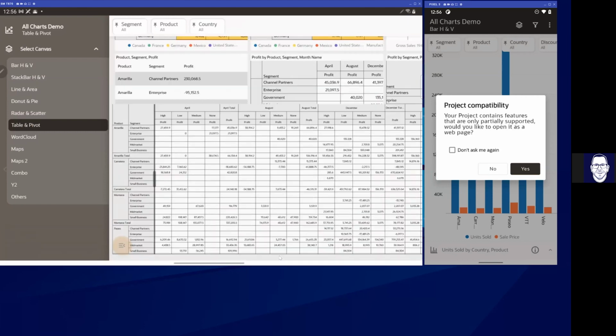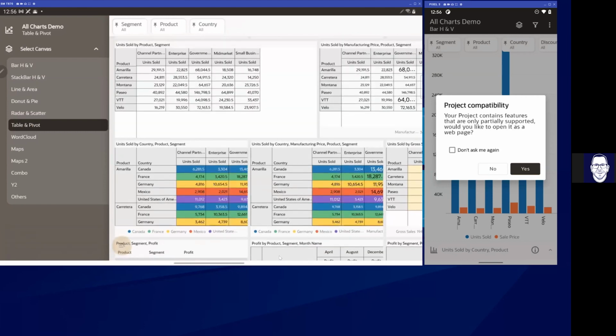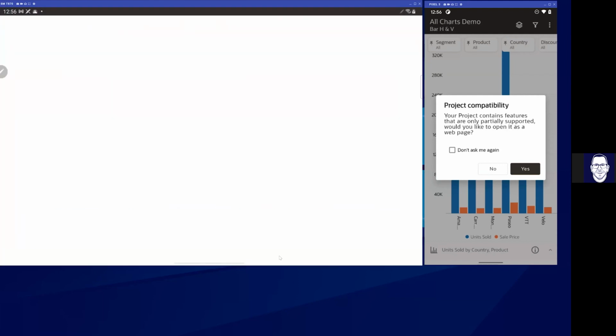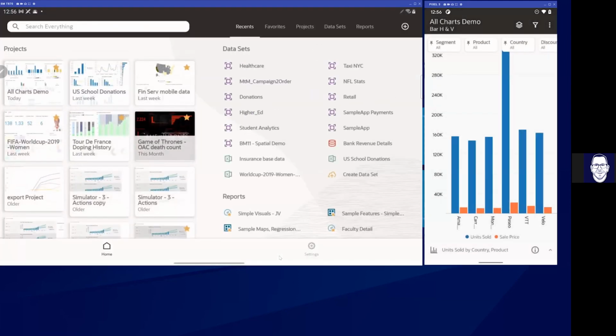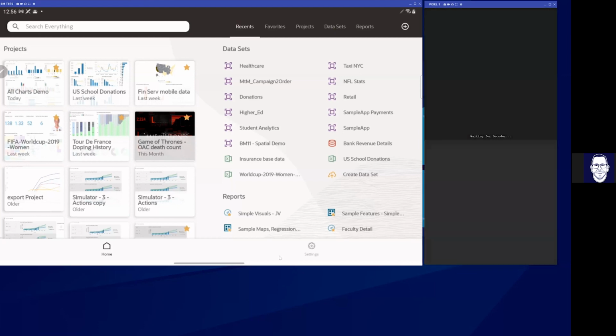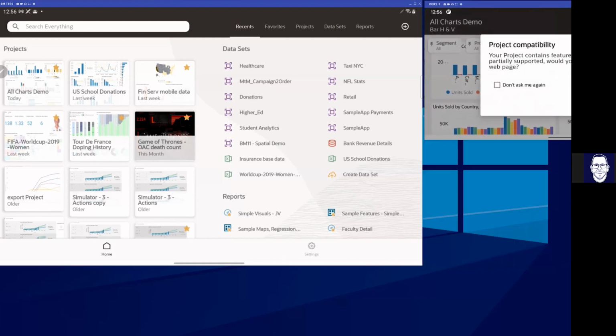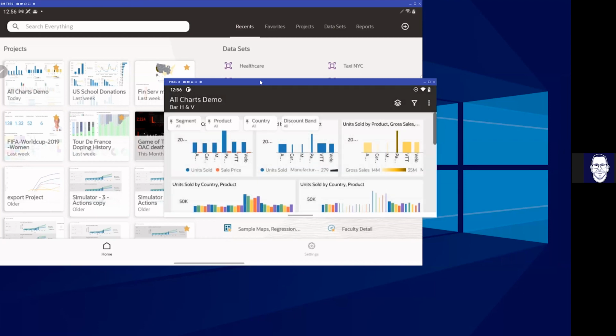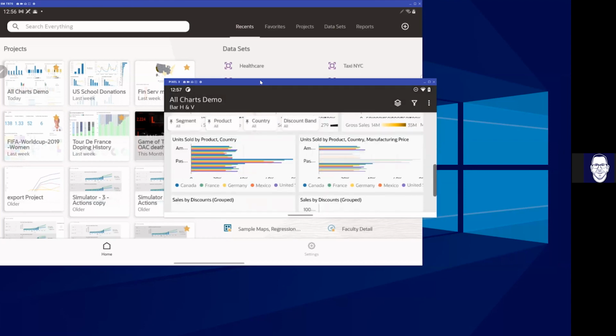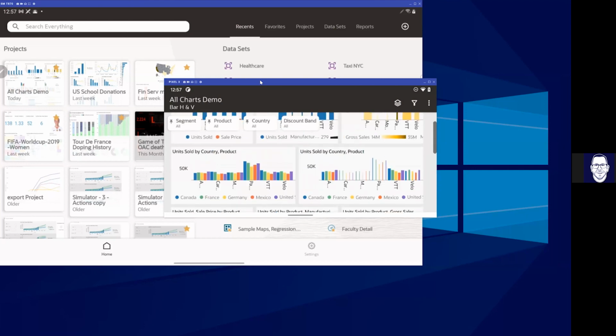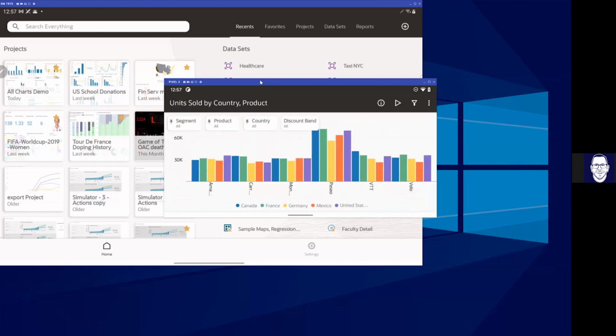A couple of niceties in regards to the app. Again, we automatically lay it out based on the orientation of your device. I'm going to pick up my phone here, because some people really want to see the original layout, and even when they're on their phone, they can actually look at the original project layout. I'm going to switch the orientation and move my window, which now should explain why I was holding it the way I was, or why it was zoomed out a certain way. But now you can actually see it the way the author intended on the desktop.